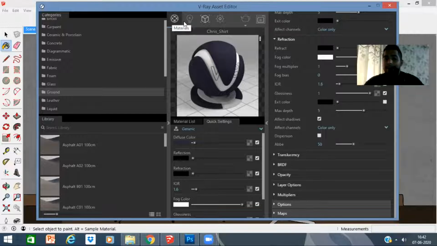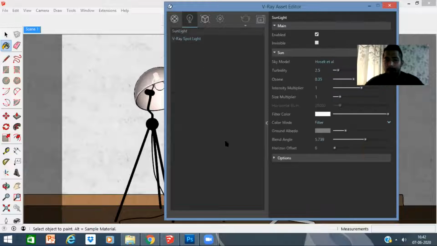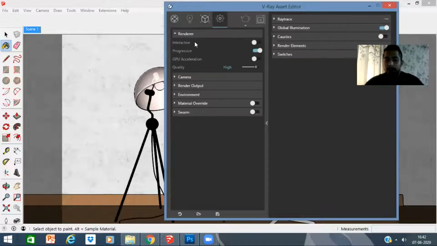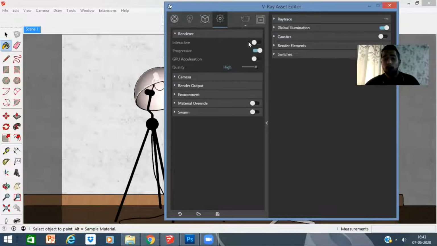For all the lightings that we have added, guys, if you click here, you'll see V-Ray Spotlight. All the lightings that we have, sunlight and spotlight, all of these are catered to over here only, guys. Okay, all the lighting editings. Then we have geometry and we have the settings. These settings will basically let us set all our different materials and all our different camera focuses, the quality, the environment, the output, whether you want to override materials or use swamp, or how do you want to render, do you want to use interactive or progressive, and all of these, right? So it's a vast topic that we'll be covering in our V-Ray as well.